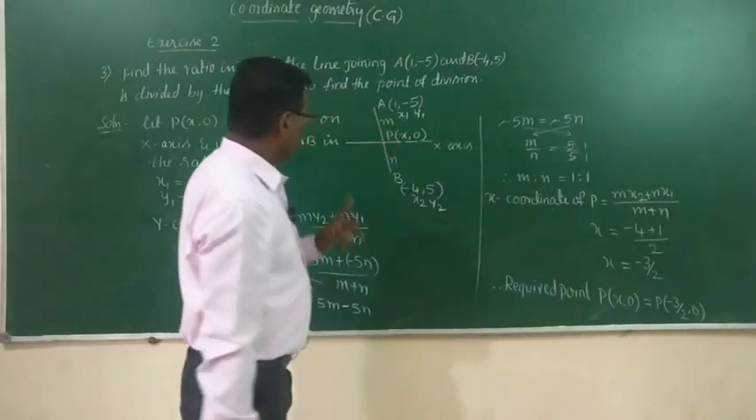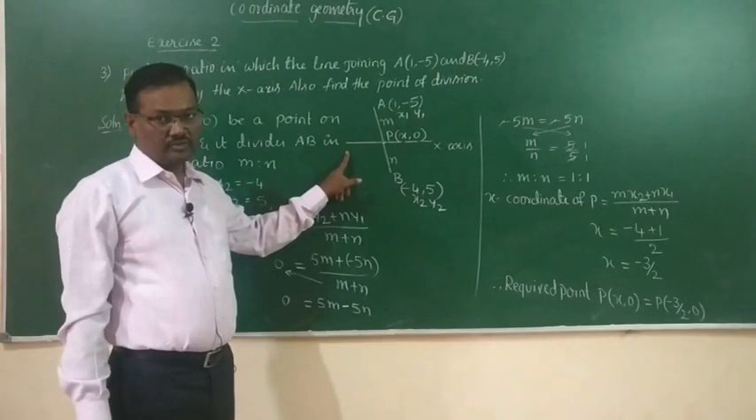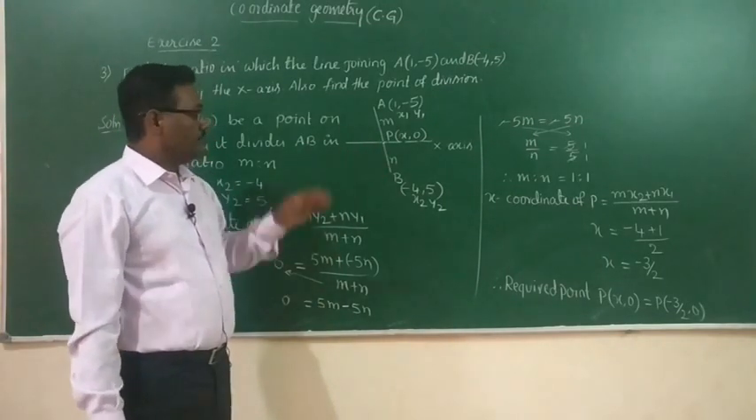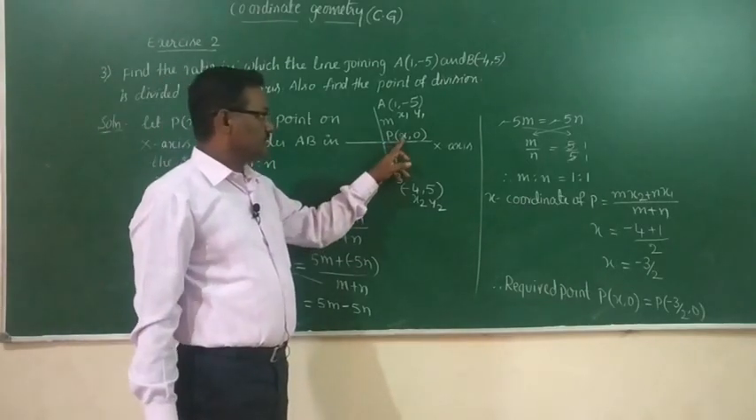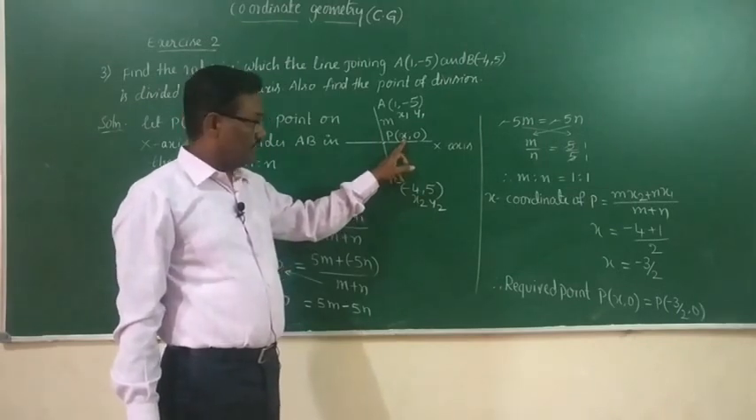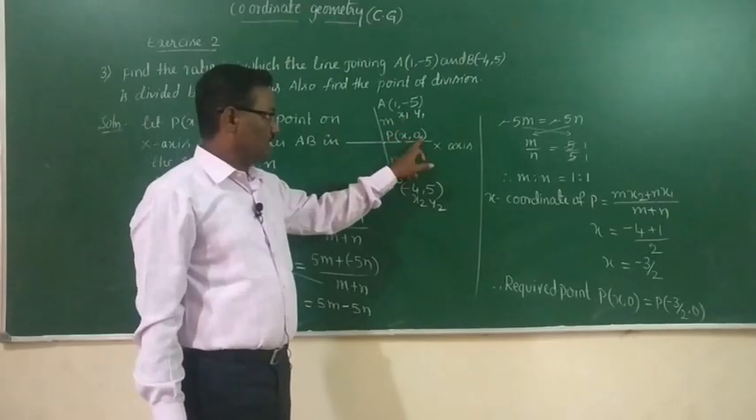Observe carefully here. For finding the ratio, we can use either the x coordinate or the y coordinate of the section point. But especially in this case, we cannot use the x coordinate of the section point because it is a variable. So only the number we consider, that is the y coordinate of